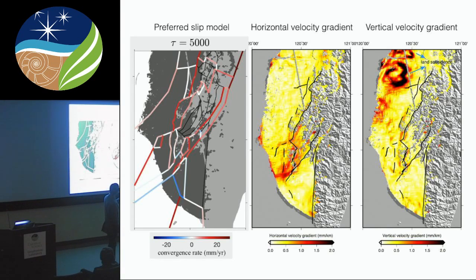Well, in the northern part, it's easy to explain because this gradient is due to surface subsidence, due to groundwater pumping. So it has nothing to do with tectonics. So of course, you are not going to explain that. But in this part, you have a lot of horizontal motion, but you don't see it in vertical. Then we came up with this hypothesis that